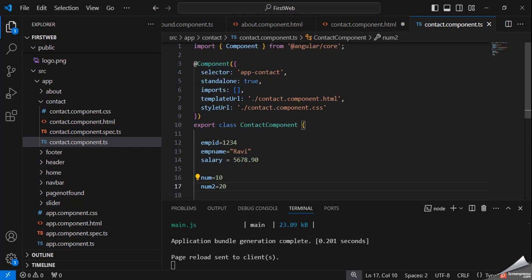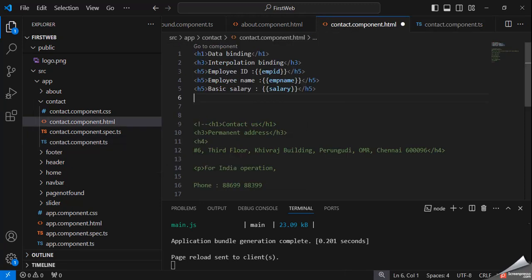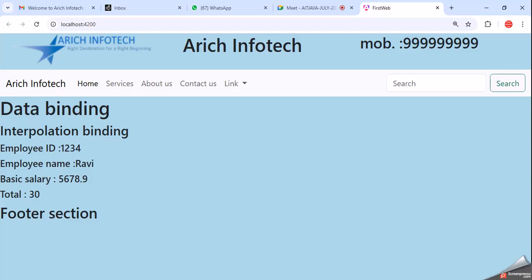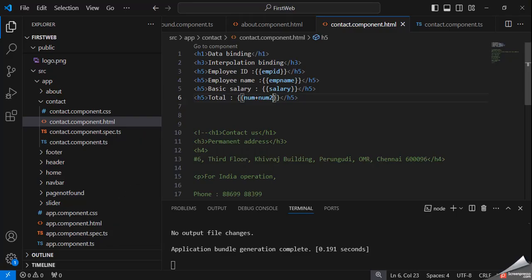And we want to perform the calculation, so we can easily perform it like here, h5, num plus num2. Okay, total 30. So we can also perform the calculation in interpolation binding.